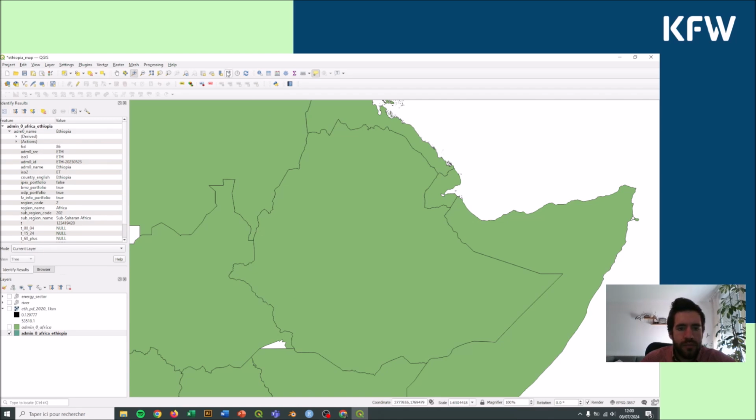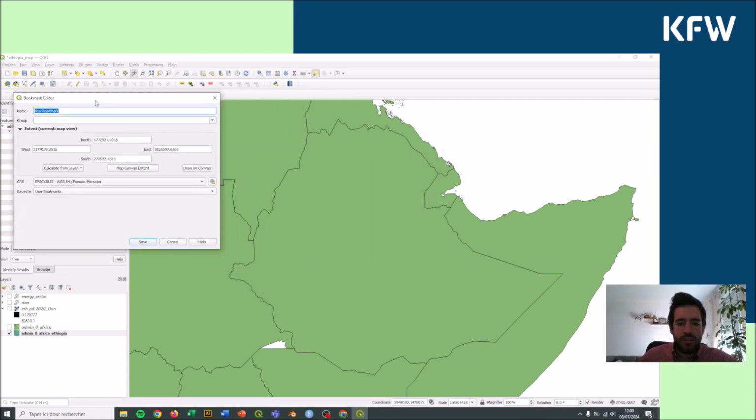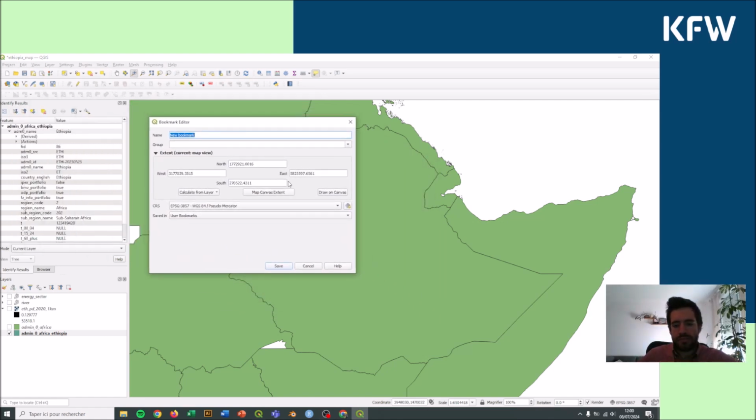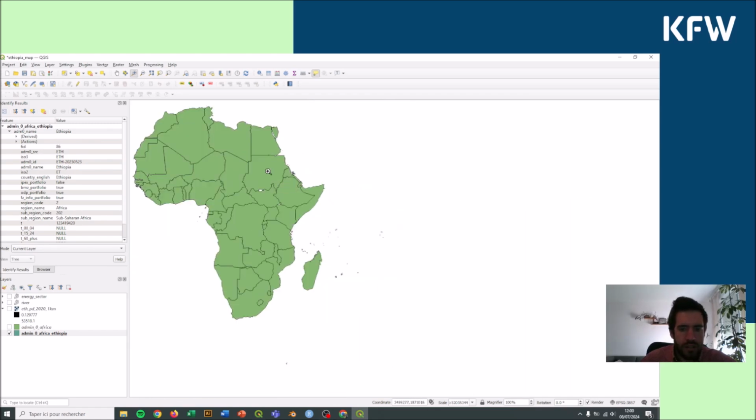Once we have this view, we can create what's called a spatial bookmark. So this bookmark will be like just saving the view as you see it here. So we can call it Ethiopia, and it will take all of this information, and we're gonna save them into project bookmark. Save,